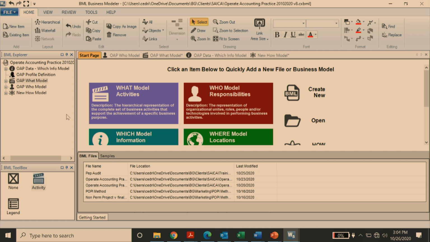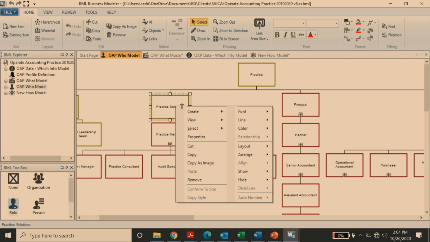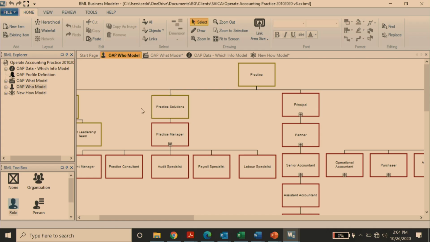So that's a whirlwind tour of the W5 software. As I said, as you get familiar with it, you're going to find all kinds of capabilities. Right click on objects and play with it. You can change colors, you can do hyperlinks, you can link to other systems, you can link to the cloud, all kinds of stuff. So I do hope this has given you a quick whirlwind tour of how to operate